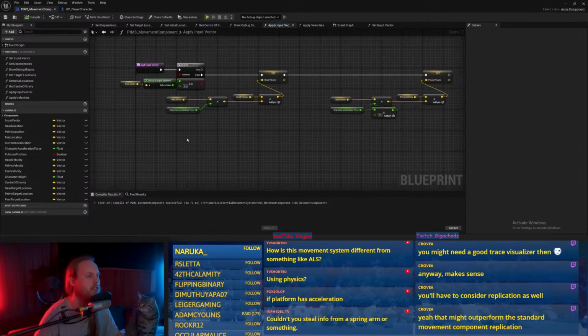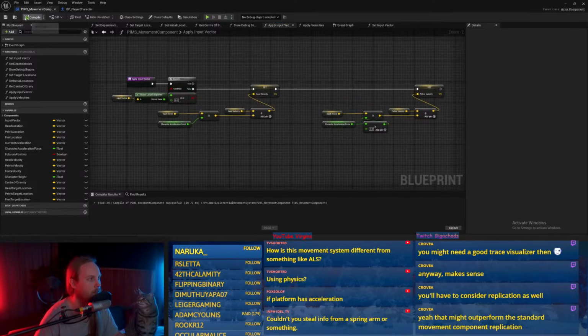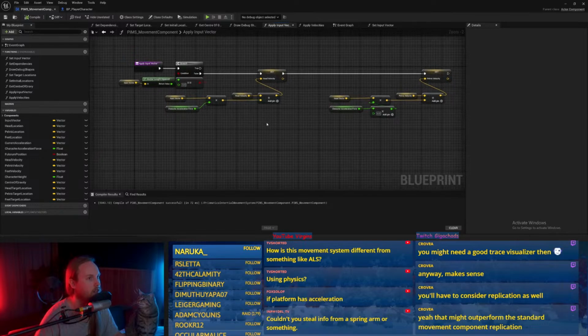And then everything else can just be done client-side, like in terms of the leaning, because the client would just need to know what their input is, and the rest can be guessed, or just done client-side.